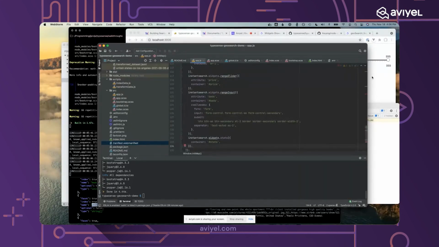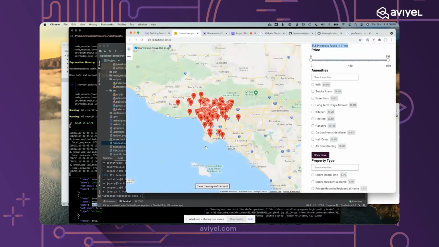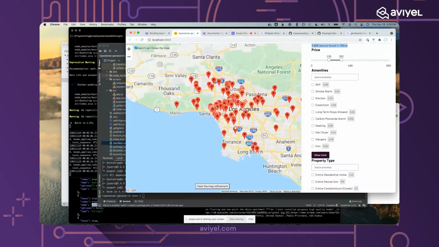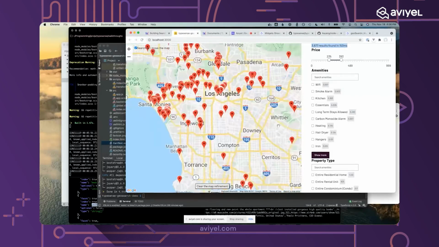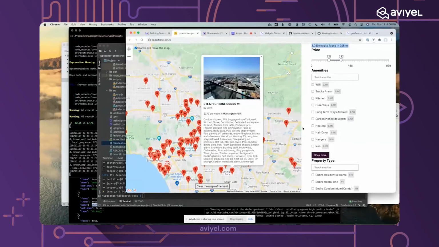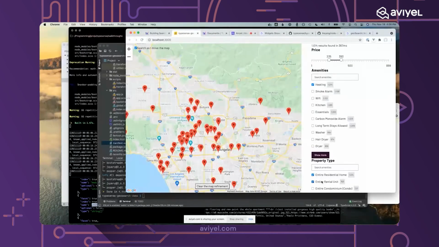Widgets. Well, there we go. Okay, so many results found. Then, as I keep scrolling, it should show you how many results are found right there. And then as I keep adding stuff,